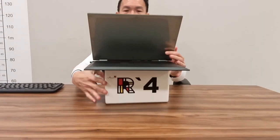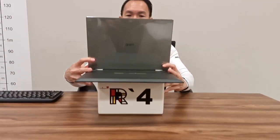Now there's a good tip that can help you to alleviate the neck and shoulder pain, which is by using our R4 recovery block. So all you need to do is use it as an adjustable laptop stand, resting the laptop right on top of it so that the top of the screen of the laptop is in line with the eye level and one arm distance away from the laptop. And not to forget the separate ergonomic keyboard and a separate mouse to allow your chest to open up